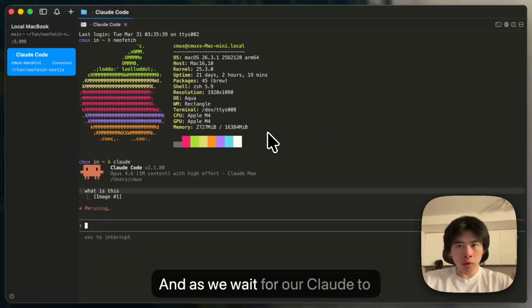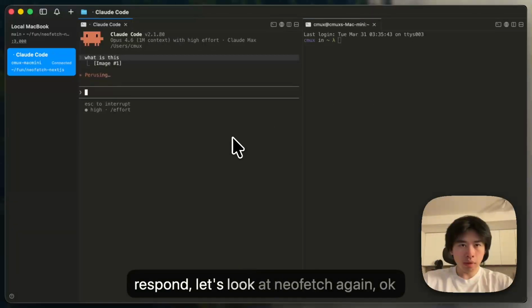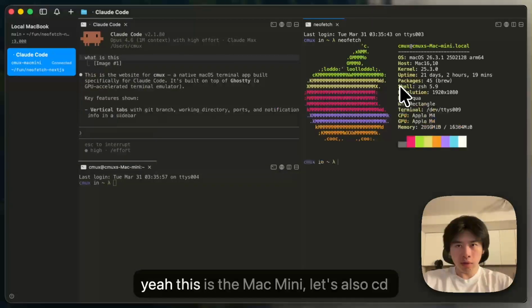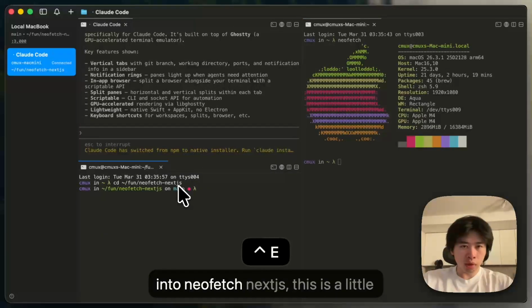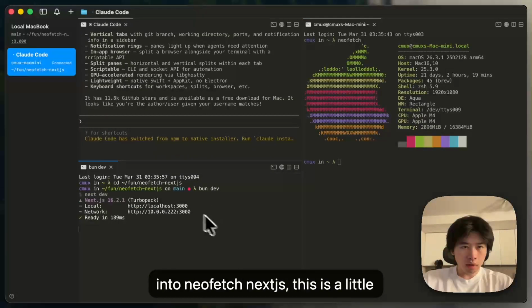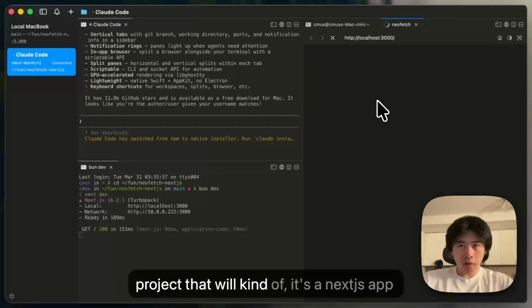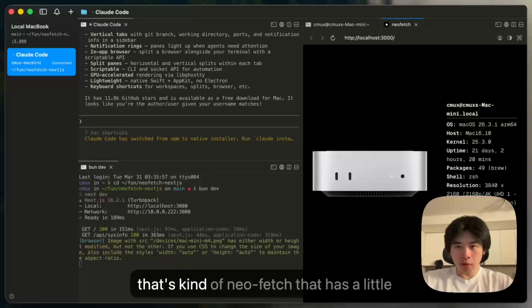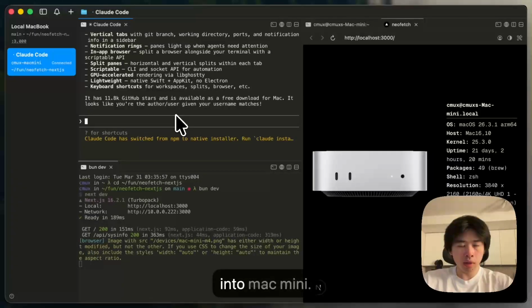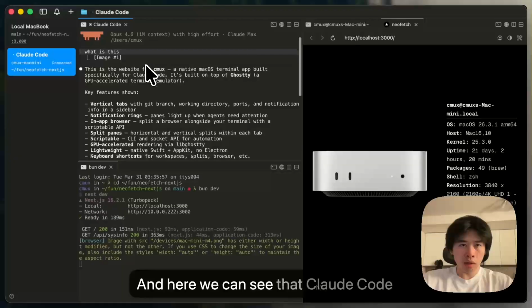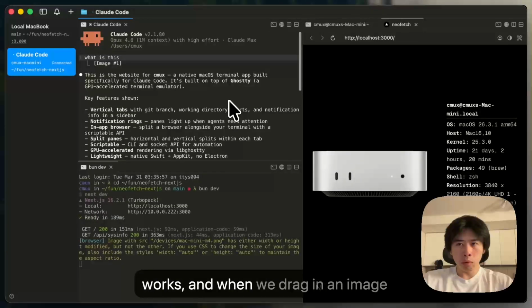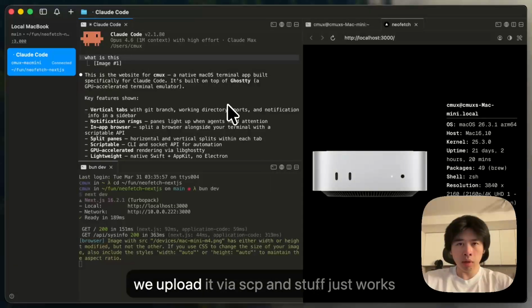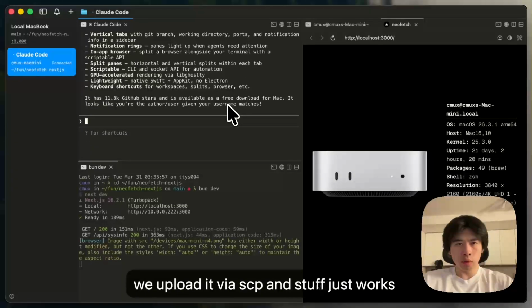And as we wait for Claude to respond, let's look at NeoFetch again. Okay, yeah, this is the Mac Mini. Let's also cd into NeoFetch Next.js. This is a little project, a Next.js app that's kind of a NeoFetch that has a little image, so we can clearly see that we're in the Mac Mini. And here we can see that Claude Code can see the image, and it kind of just works. And when we drag in an image, we upload it via SCP, and stuff just works if you use cmux